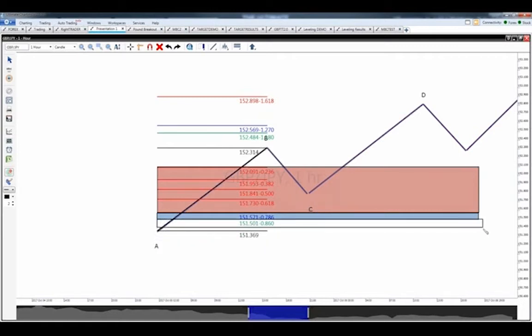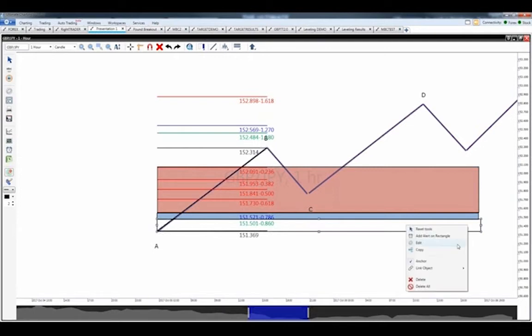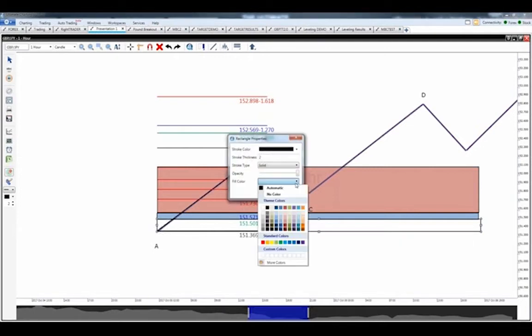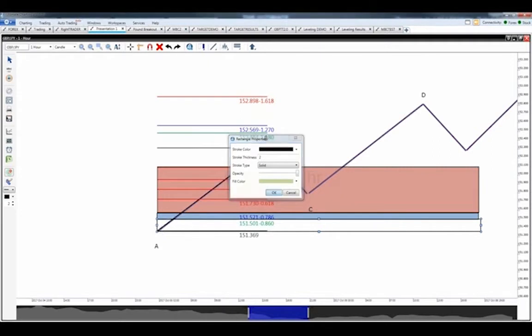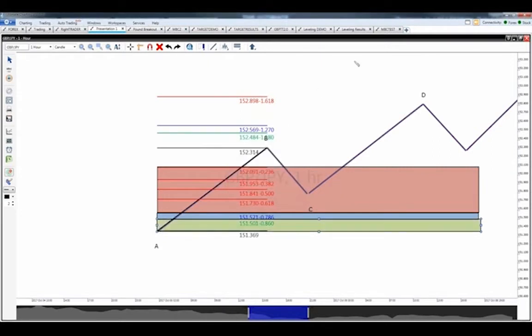Now I want all of you, please, to ensure that you can see the colors, because it's important. Go into the chat box, and if you can see that I've drawn out red, blue, and now green, 3 buy zones, please type in yes or Y in the chat box for me.